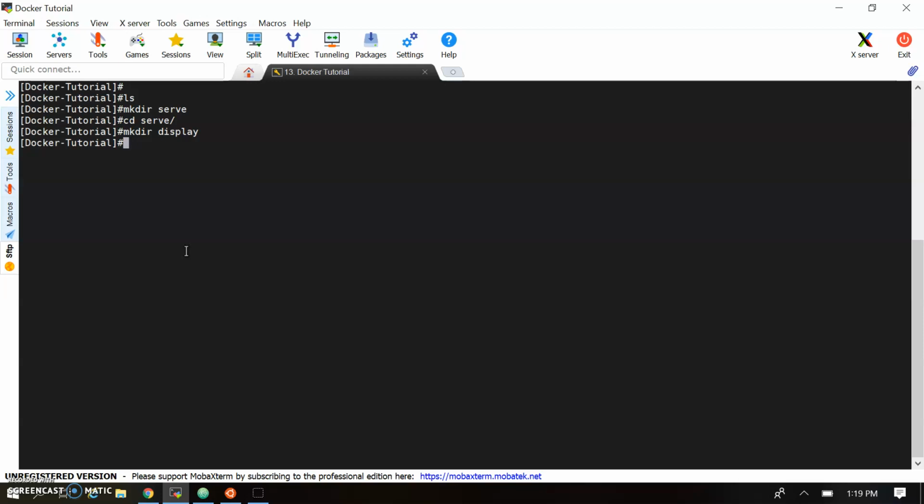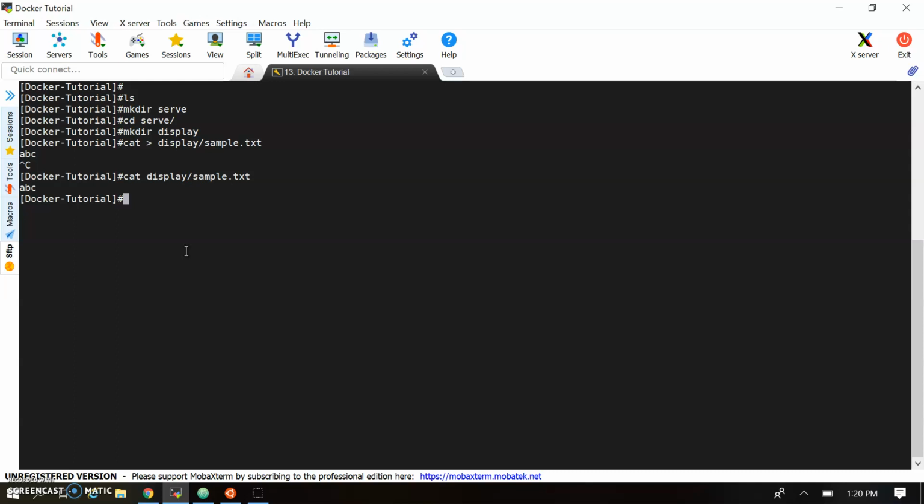Let's create a file in the display directory with cat, and I'm giving the name sample.txt and just adding the content ABC. Let's do cat display sample.txt. So this file is created here under display.